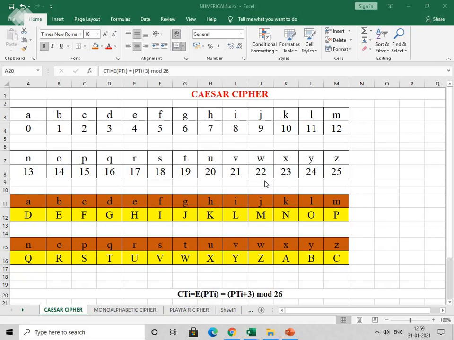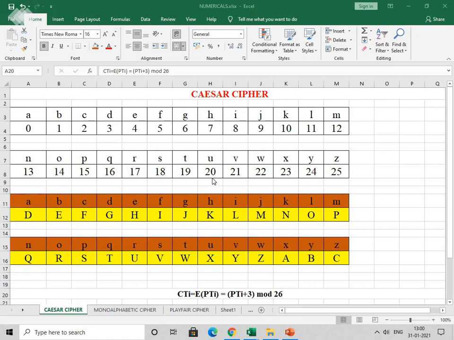Also, an example of this is the Caesar cipher. In some ciphers, a group of bits is replaced by another group of bits, and such kinds of ciphers are called polygraphic substitution ciphers. Examples of this polyalphabetic or polygraphic substitution cipher are the Hill cipher and Playfair cipher. In this session, we are going to learn the Caesar cipher.